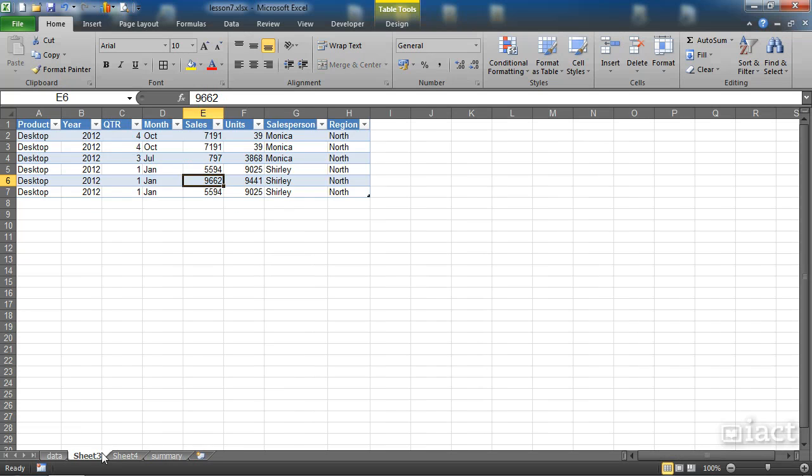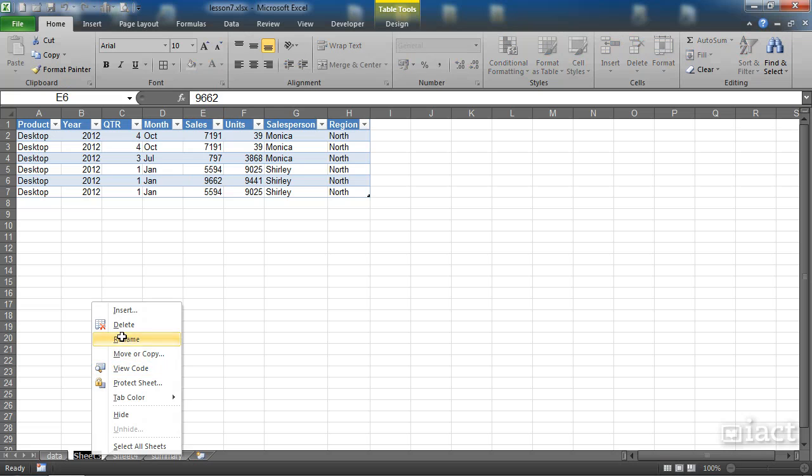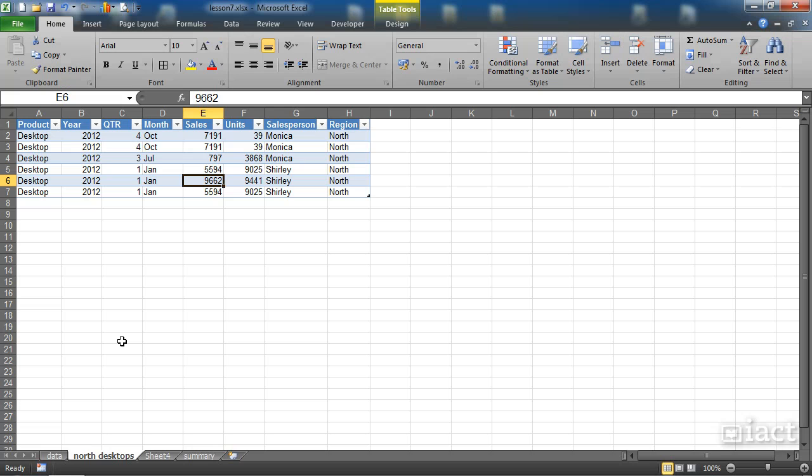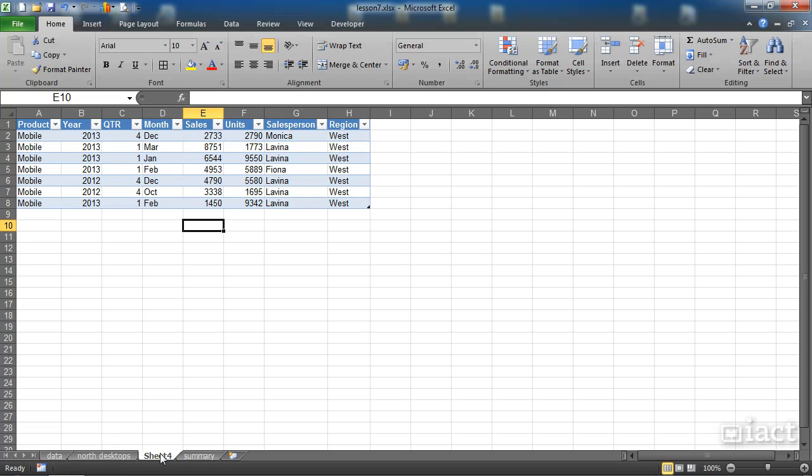So it is important when you look at a drill down that if it's something you're going to keep, that you should automatically go down in here and rename the sheet. So for example, I might call this North Desktops, so that at least I can see a description of what the sheet is holding. And if it's a drill down that you're not going to keep, for example, here I